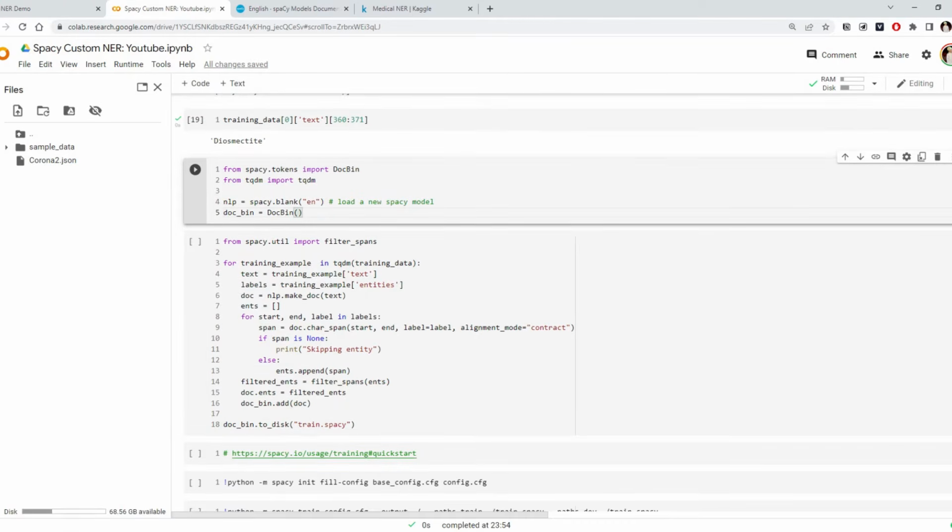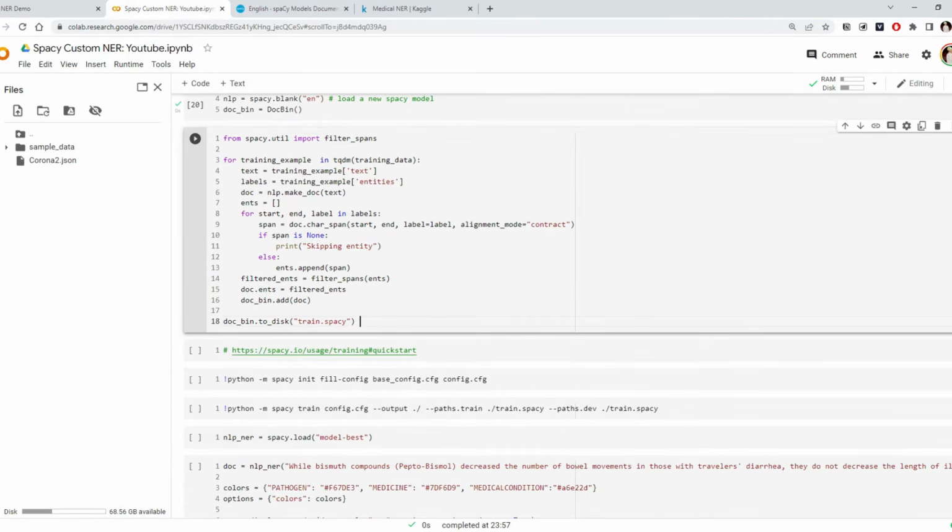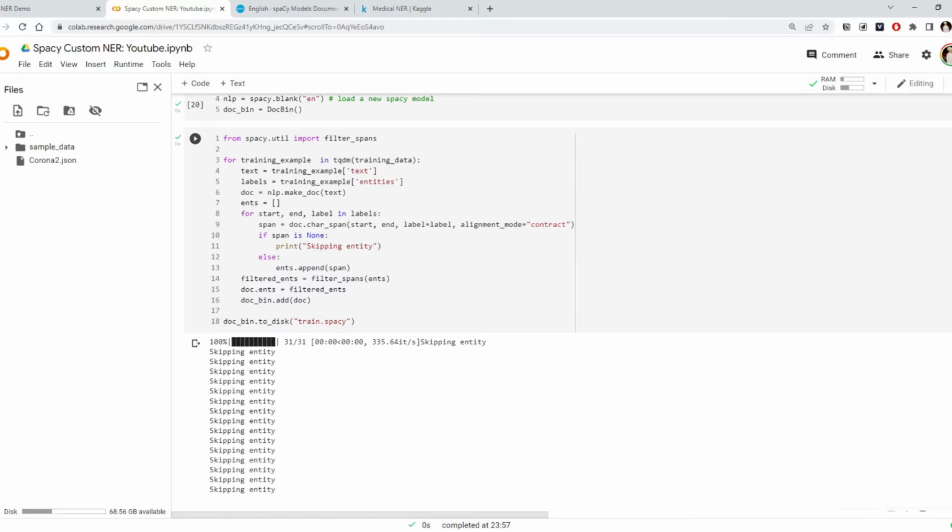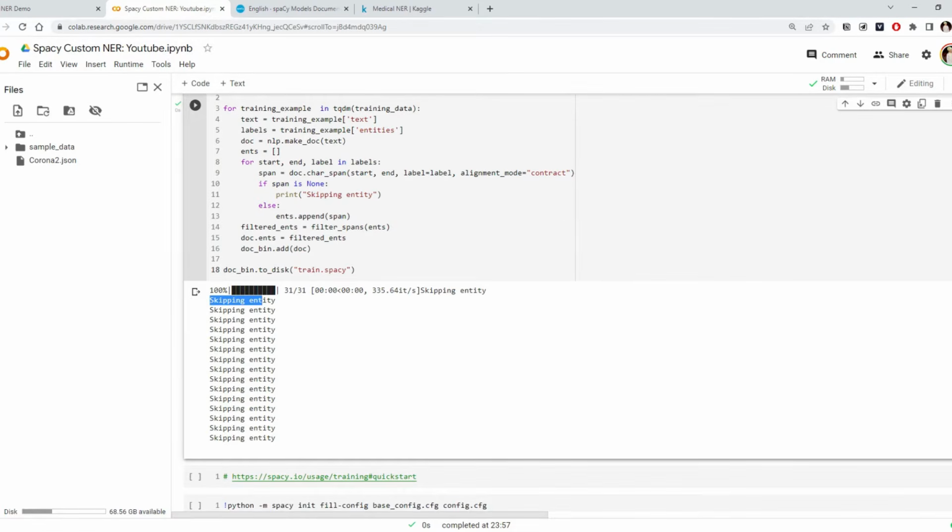So let's run this cell. Okay, it also skips some of the entities, and now if I refresh here, we can see the train.spacy file has come. Now we have data in the format required by spaCy. Next thing,